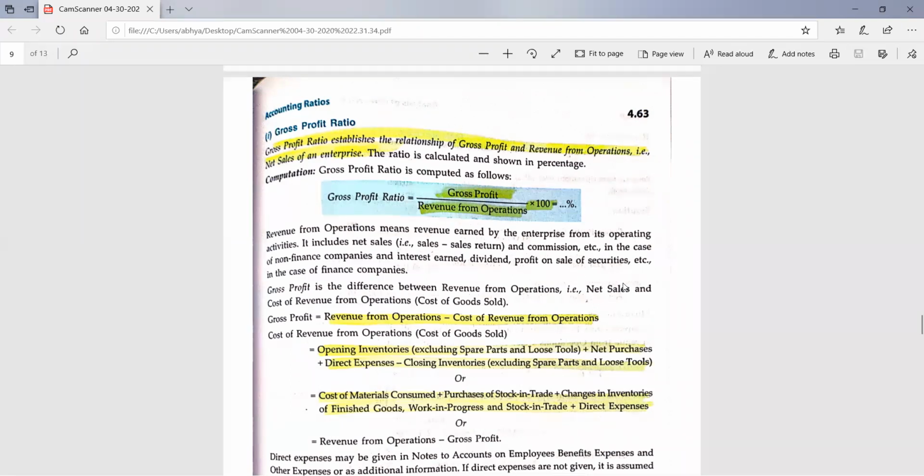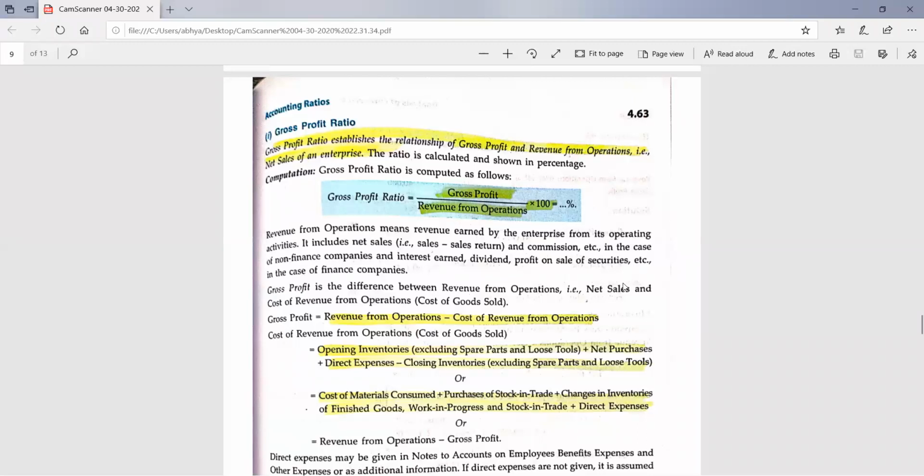As the name specifies, profitability ratios means the ratios which will be giving us a position of the firm's profitability, whether the profits are good or not. What is the trend of the business profit as compared to previous years? We can compare it with the previous years. Inter-firm and intra-firm comparison we can do with the profitability ratios to check the market standing, where we are standing, our profits are less or more, why less or why more. So under this category, in profitability ratios, we have to calculate 5 ratios.